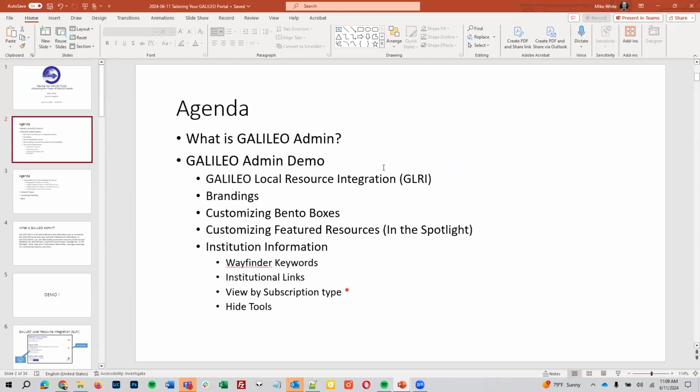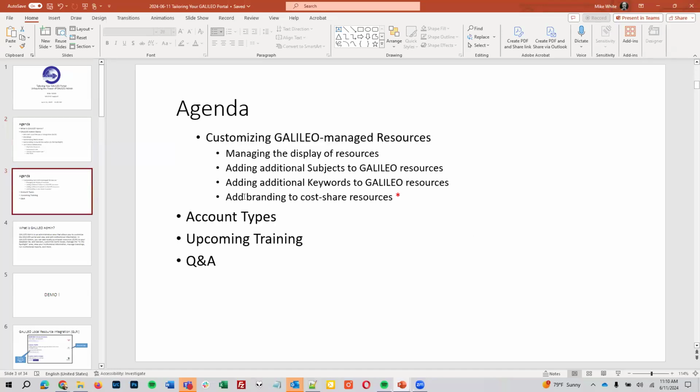And then most of this will be a live demo. At that point we'll go into a demo, and we'll go over Galileo Local Resource Integration, also known as GLRI, brandings, customizing bento boxes, customizing featured resources, also known as In the Spotlight. And then institutional information: how to add Wayfinder keywords, manage your institutional links, view by subscription type, hide tools,